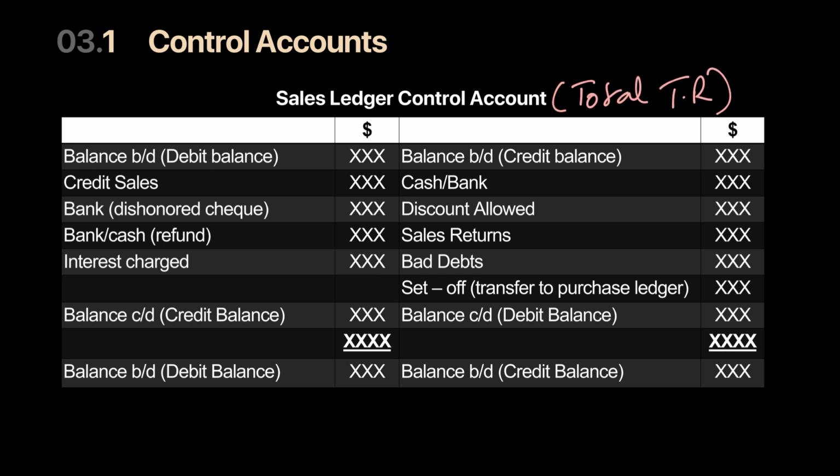A sales ledger control account, which I also call a total trade receivable account, should look like this. First, you need to remember that trade receivables are your assets. So assets always increase from the debit side and they decrease from the credit side. What you should look at is the following. Any transaction that increases my trade receivable, meaning that because of this transaction I will get more money in the future, should come on the debit side. And any transaction due to which I'll receive a lesser amount, or which reduces the outstanding amount, should come on the credit side.